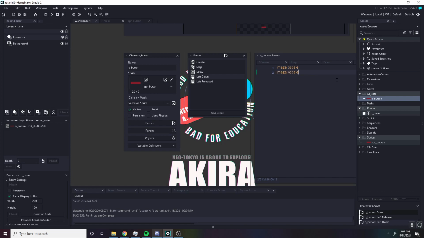These two variables check the scale, how large the sprite is of the object we're calling. So they can be from 0 to 1, 0 being non-existent, invisible because it's so small, to 1 being its normal size. On the X scale, it's width, and the Y scale, it's height. You can also do greater than 1 to make it bigger than it usually is on the X or Y scale. But for this, when it's being pressed down, what we should do is